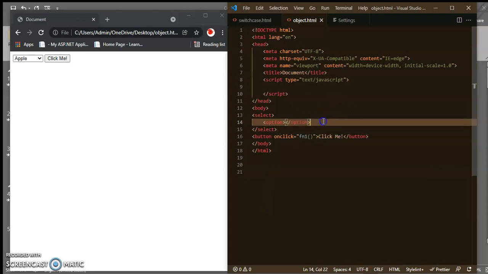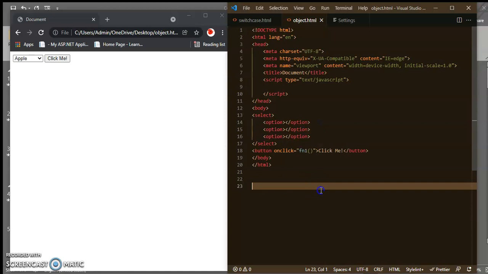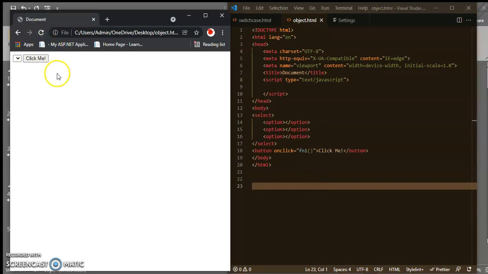So these are all the things. Let's save this and click on the refresh button of the browser. So here the drop down is created with three options, 1, 2 and 3, but there are no values inside of it.